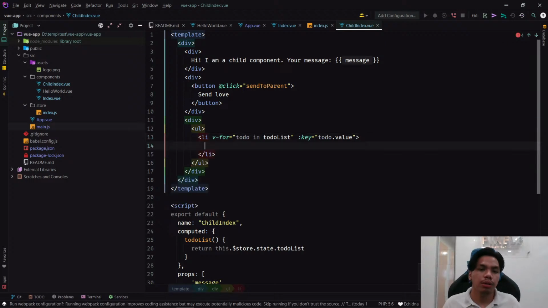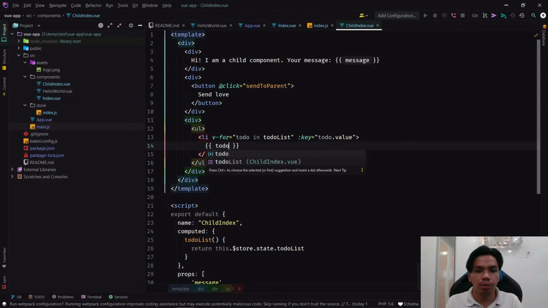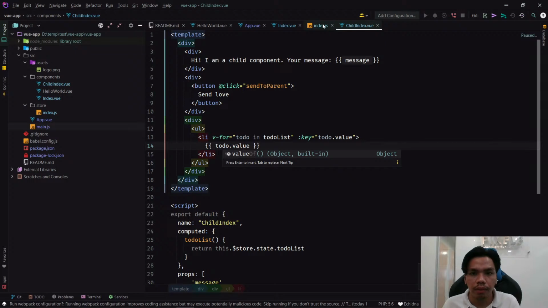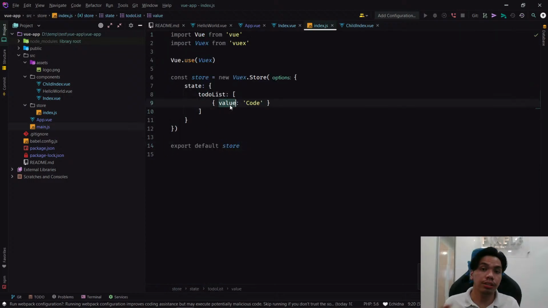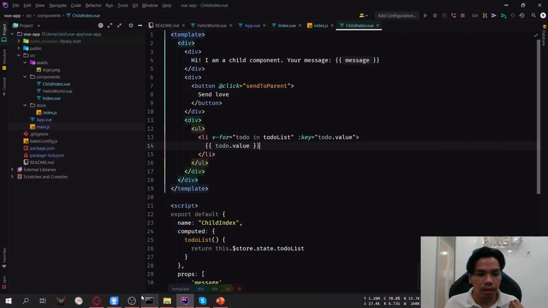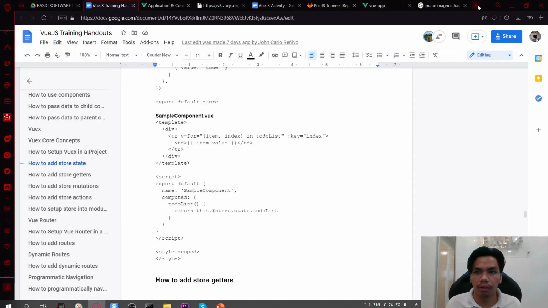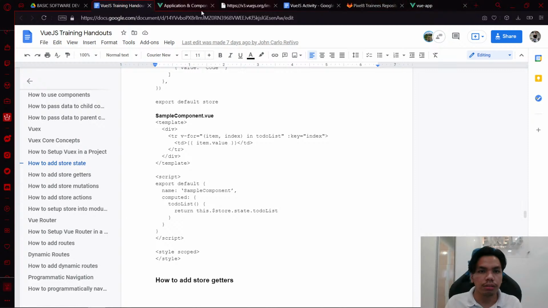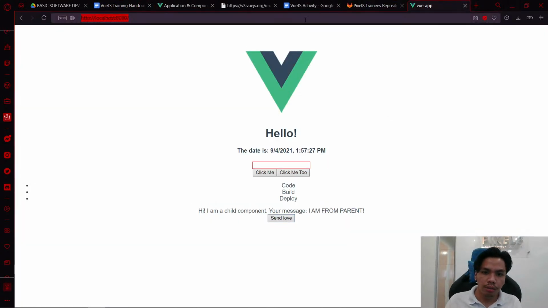So now you have a loop for the to-do list. Then lastly, what we're going to display is the todo.value, meaning the value itself, which is this one, right? So once we do that, let's see, is it finished? Okay, so now it is finished. Let's close this one. Where is it? This one. So if we refresh this one,